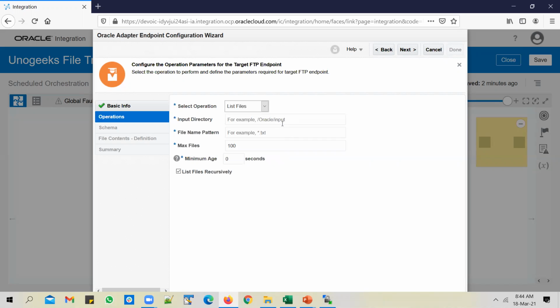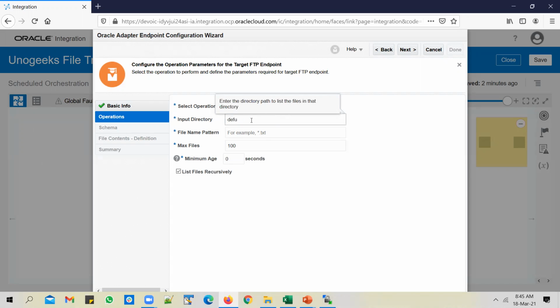Use the list files operation. When you use it, it asks you to enter the directory name and a file name pattern in the endpoint configuration. And as you can see here, you can only enter static text. So for example, you can enter a static path or a file name pattern. But I don't want to hard code any values here, because remember we are receiving this input directory and file name pattern as schedule parameters, and I want to pass those schedule parameters as input to these two values. In such a case, enter any dummy value here because it's mandatory, right? So you need to enter a dummy value.